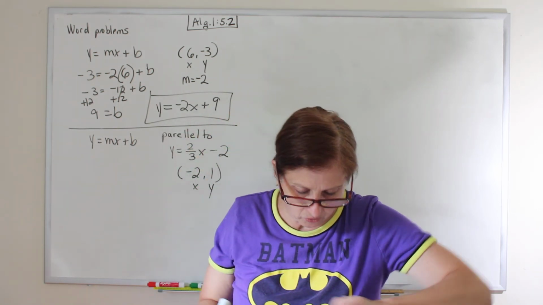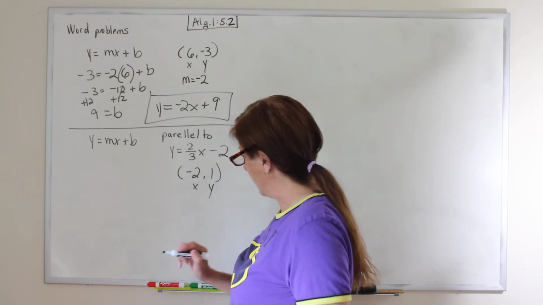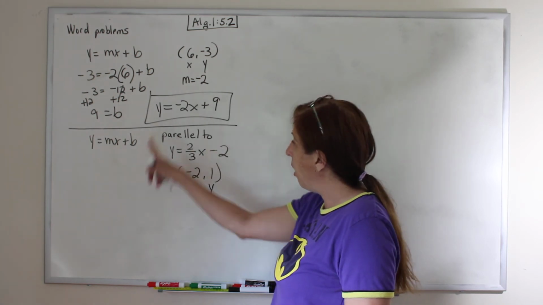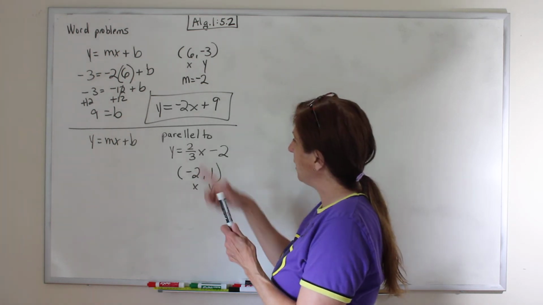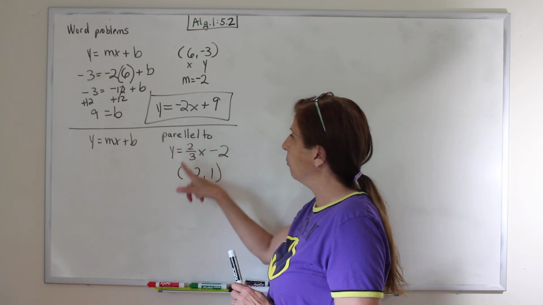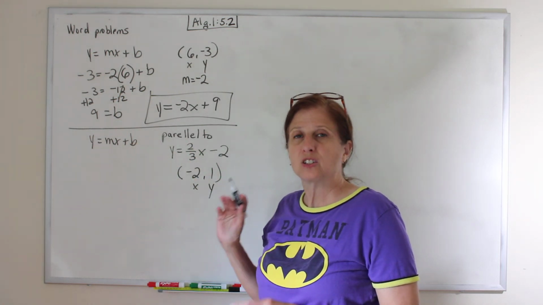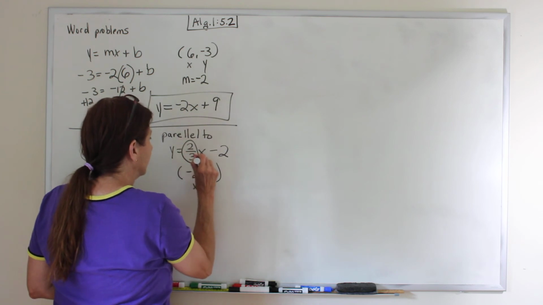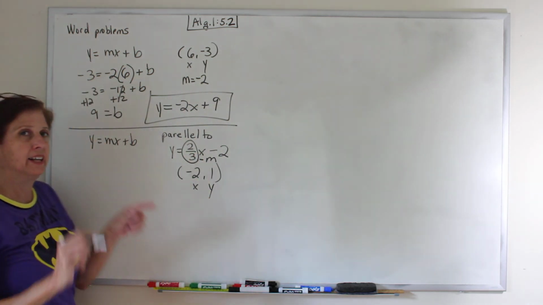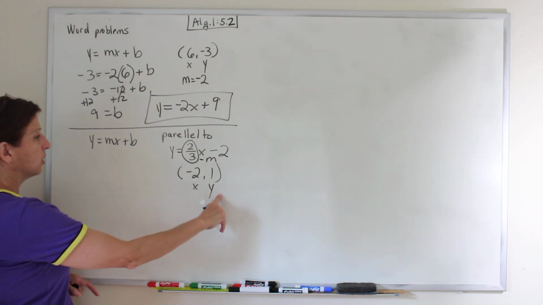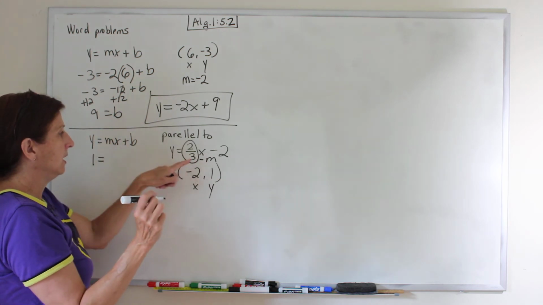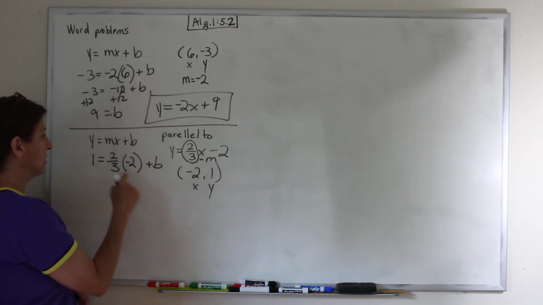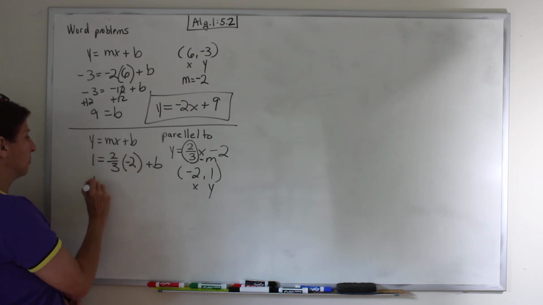Alright, let's go back over here real quick. Here's another one. Sometimes they'll say a line is parallel to this line and goes through this point. All we get off of this is the slope. If we know this one's slope and we know it's parallel to it, we know the other one's slope because it's the same. Lines that have the same slope are parallel. Remember, like train tracks. So this is our slope, and now we're going to substitute it in and solve for b. So y is 1, m is 2/3, x is -2, and b is what we're solving for. So first, if you multiply like this, you multiply numerators. So this is